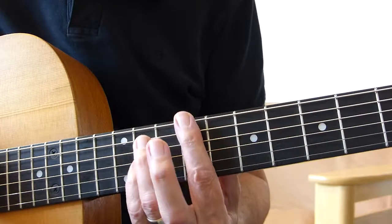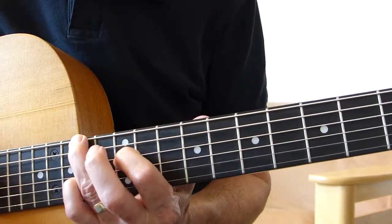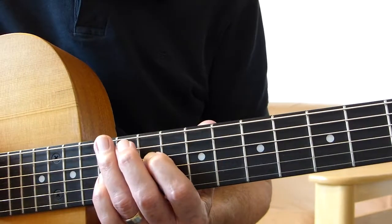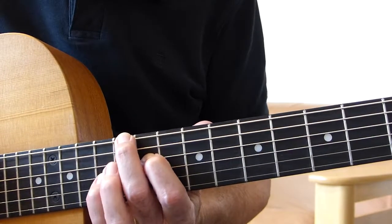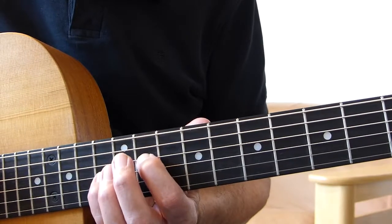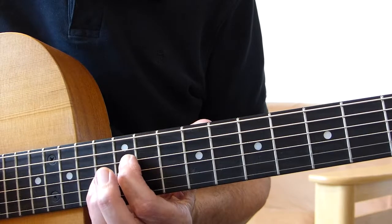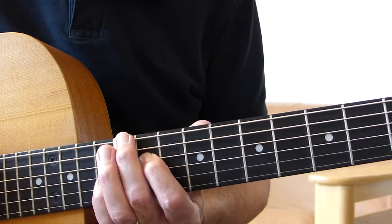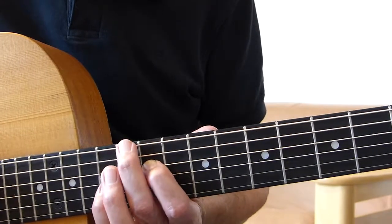So after we come out of that, okay, then the next shape is exactly the same as the first time round. You go down to the 12th fret, the same shape as before. The pinky goes down to 13, and obviously this time the first finger slides down to 11. So it's the same shape as it was the first time round, and the second finger is on 12, and